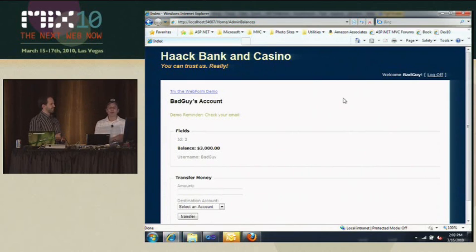Exactly. So what I'm going to do is a kind of a variation of what we just saw earlier with the CSRF attack, which is I'm going to create a page that's going to allow me to get access to his data. So what I have here